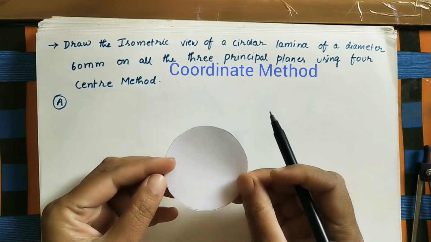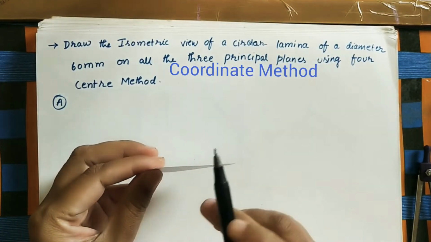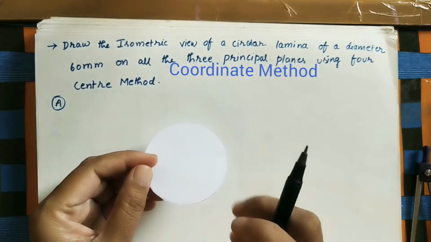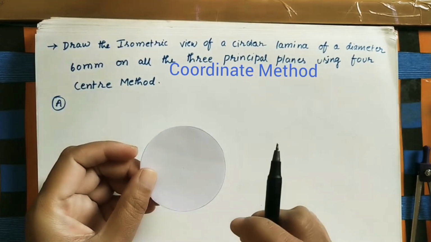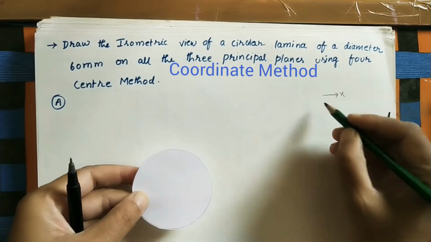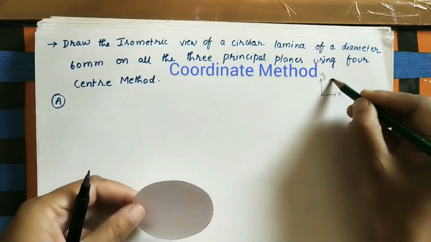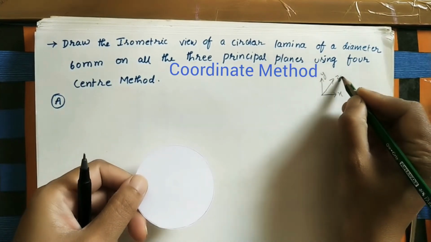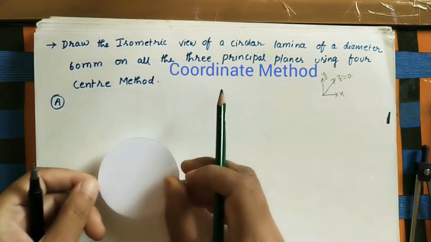This is an example of circular lamina or circular plane. It has only two dimensions. It has width and it has height. If you see the thickness, it is looking like a line. It has no thickness, so it has only two dimensions. It is the 2D diagram or 2D object, but we need to do the isometric view for this. Isometric view means it has three dimensions. Width will be there in the y direction, height will be there in z direction, thickness will be there, but in our case thickness is 0. So we have to do the 3D view for this 2D diagram.